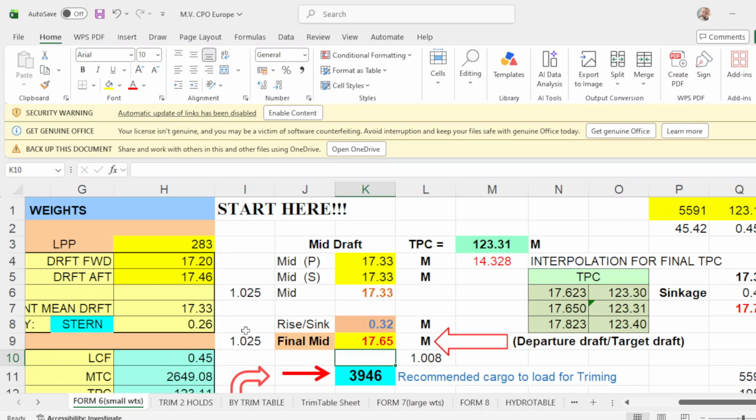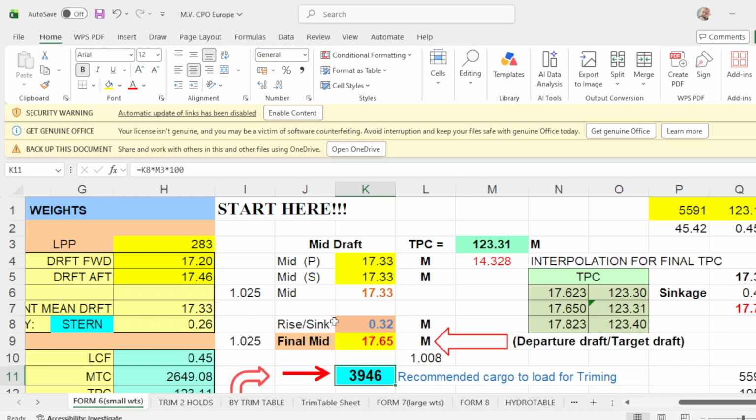So how do you get this sink gauge? It is your final mid drop minus your mid drop, then you will have 0.32. And how did you get this amount of recommended cargo to load for trimming? Just click this one. That will be K8, column K, row 8.